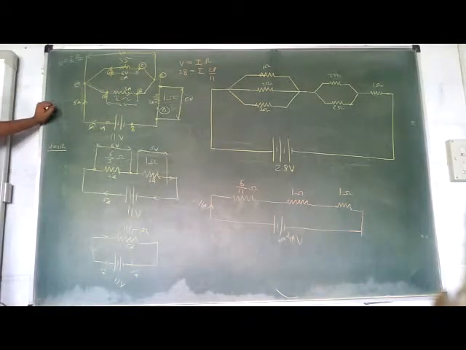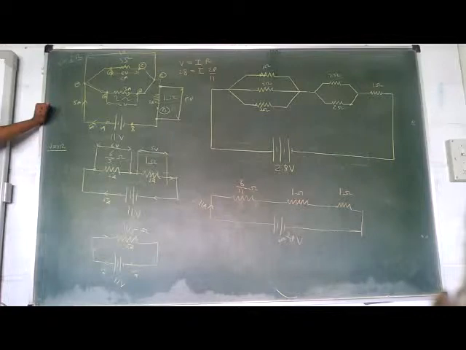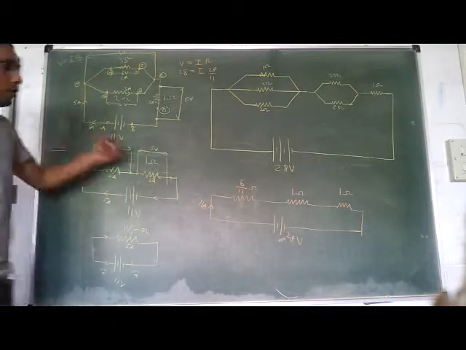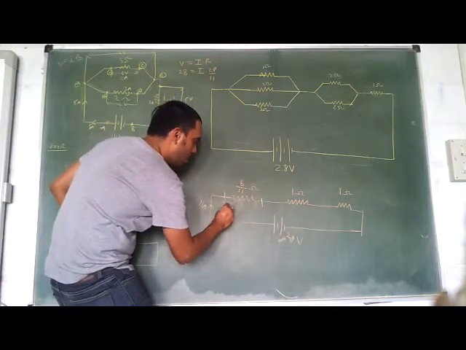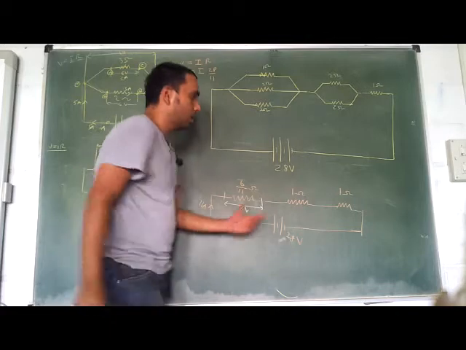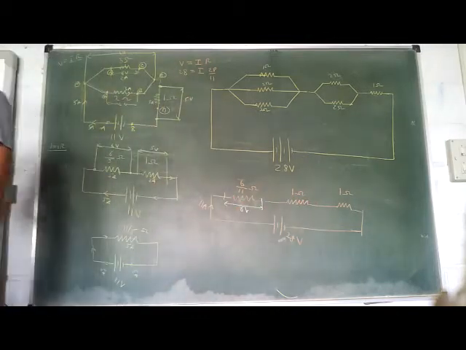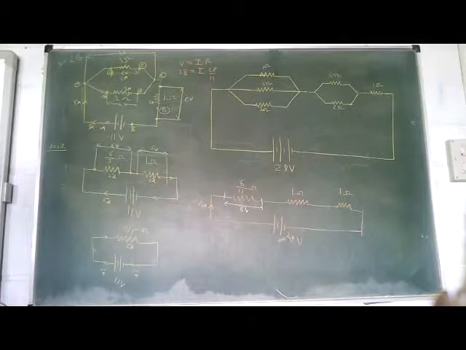So what's your next job, madam? Meghna, tell me. Then find how much is the potential drop across this one? 6 volts. How much is the potential drop across that? You get it using the current going through that resistance and the resistance of that resistance. How much is the current going through it? 11 ampere. What is the resistance? 6 by 11. You multiply the two, you get the potential drop across the resistance.